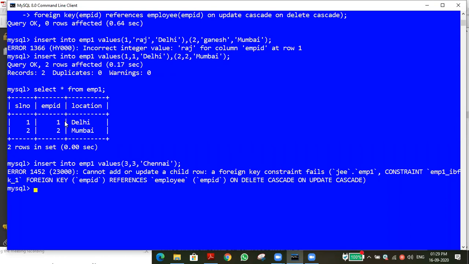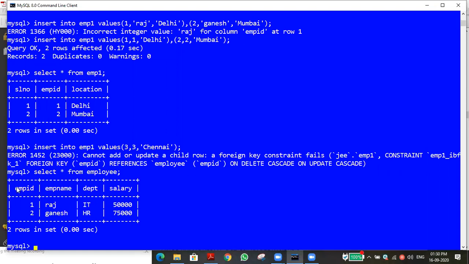candidate is there in, it will always refer to the employee table, the parent table. Whether the employee ID is there in the parent table, you can see. Whether the third employee ID is given in the parent table. No, sir. So what is the thing? We cannot insert the data without the permission of the parent table.